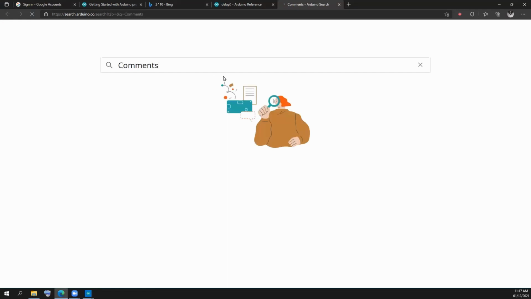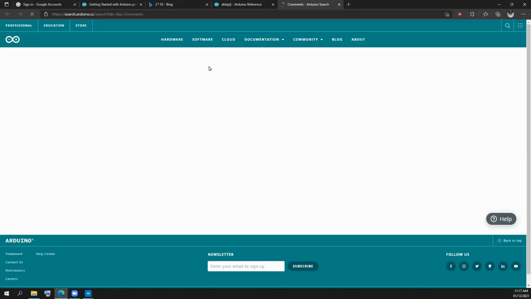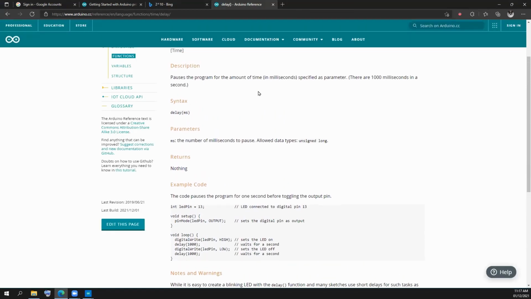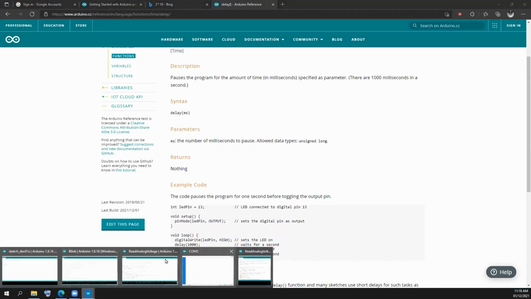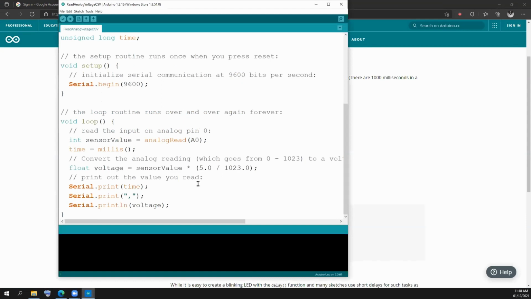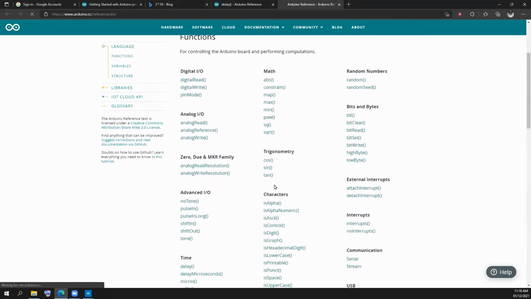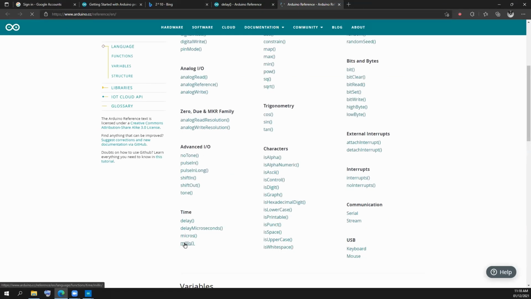Hanapin natin si millis. Hanapin natin yung sa reference. Dito. Ulit. Sorry about that. Help. Ito yung ibig ko sabihin. In reference, meron siyang function dito na ang pangalan ay millis. Ano ginagawa niya? So if you click that,